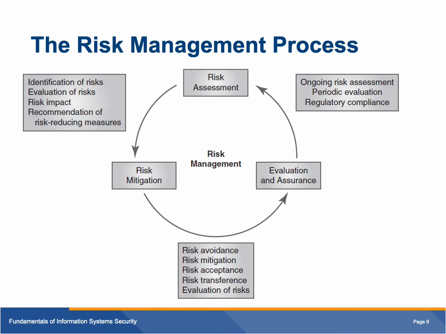So at a high level, this is what this continuous loop is going to look like. Right? We're going to start with a risk assessment process, and based on the results of our risk assessment process, we're going to put in place some mitigation measures. And then on a regular basis, we're going to evaluate, or we're going to do risk assurance. We're going to have some mechanisms in place to assure us that what we're doing is working,